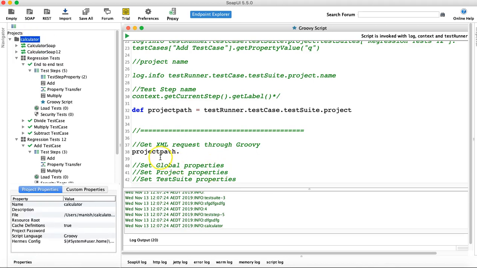So we have already reached the project. When we say project path and then dot, whichever test suite we are going to get the XML request for. For example, we want the request which is basically the multiply request in the regression tests 1, 2. All right, so what we'll say is project path dot